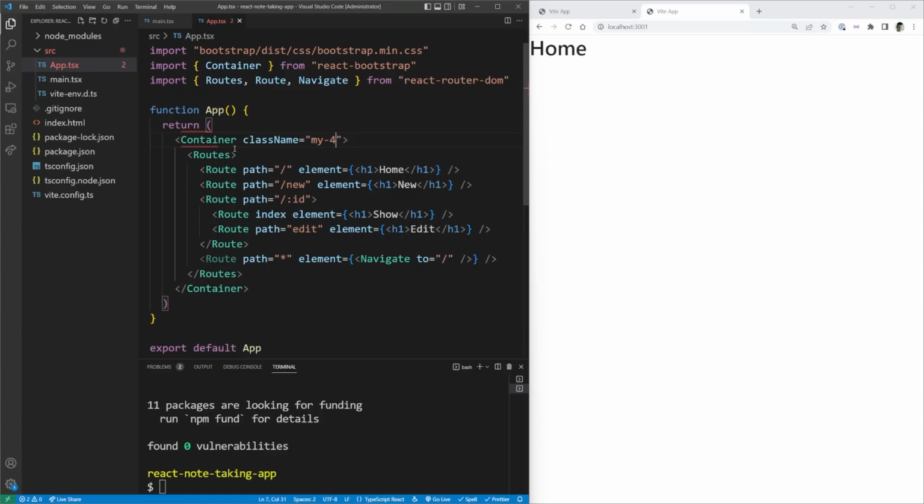That's just going to give us some margin on the top and bottom as well. So now you can see that this just spaces things out a little bit better, which is really nice. Now that we have our basic shell of all the different paths in our application, the first thing I want